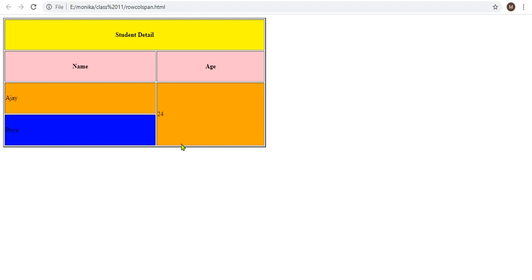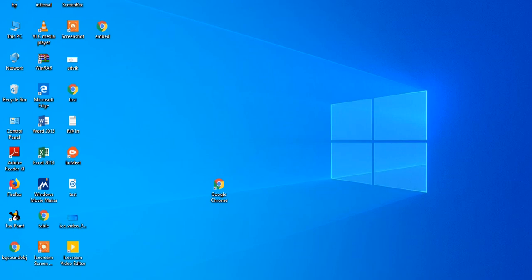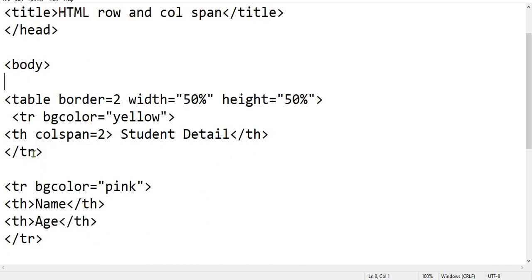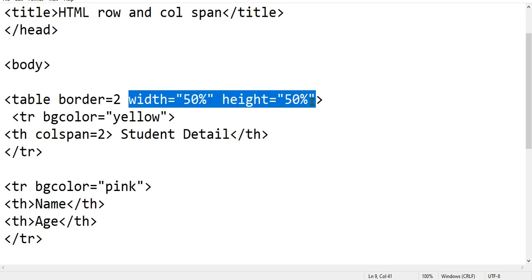Now how will you do this? Let us see. First of all you will write basic HTML structure, HTML, head, title, body, then table tag. You will give border to the table. Here I have given width and height so that table will appear bigger on the screen. 50% means it will be 50% of the size of the window. Okay, if your window is 100%, then it will be 50% of the size of your browser